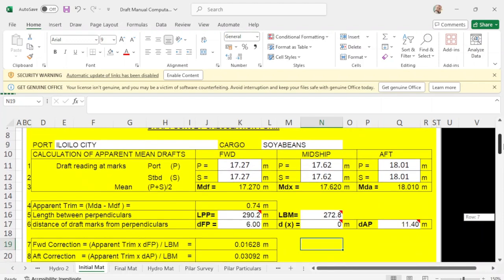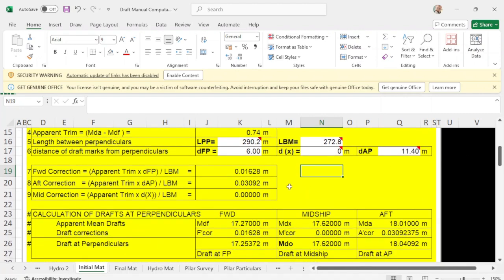If you have this kind of draft form, it's very simple. You can just follow. Here you put your draft, then here you put your LPP, your forward correction, your LBM, and your aft correction. Then here, all the formulas are here. So these are corrections: your forward correction equals apparent trim times, so they have all the formulas here, aft correction and mid correction.